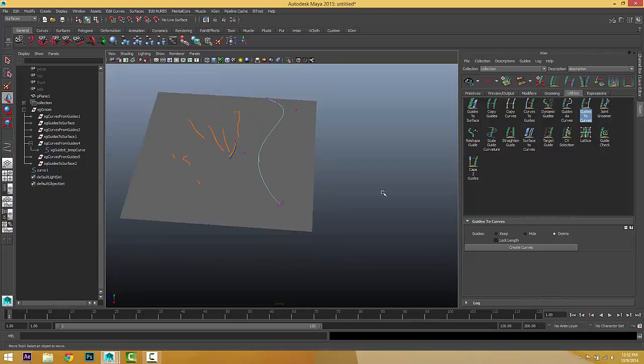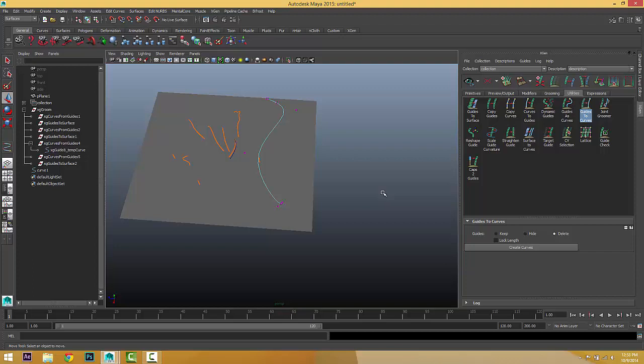It means that we have freedom in the shape of the curve. But we can lock the length of that curve. Then we can shift the curve, but we cannot make it shorter or longer.